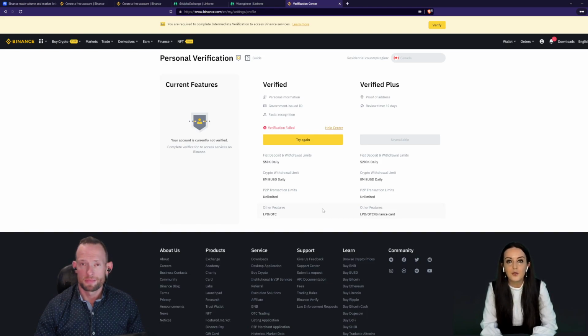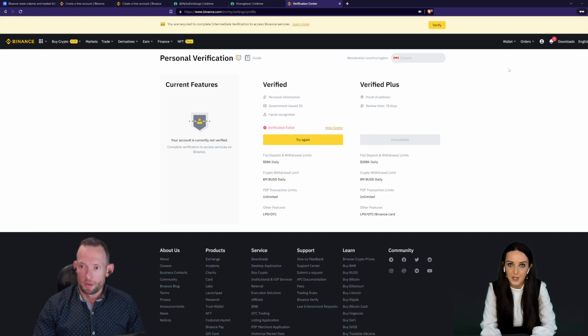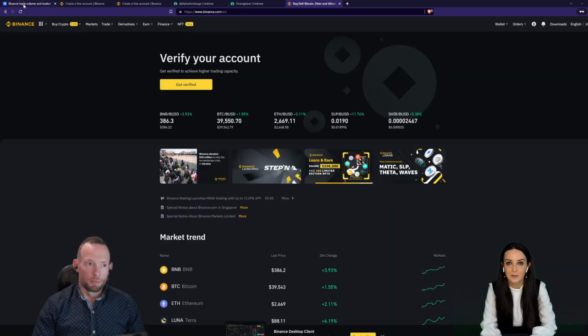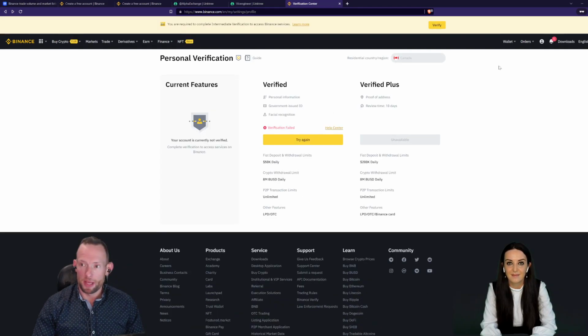And now that we've gotten you set up with the verification, there's one final step to make sure that your account stays secure, and that's setting up your two-factor authentication as well as your multiple factor authentication. So on the Binance website, if we go to the Binance homepage,